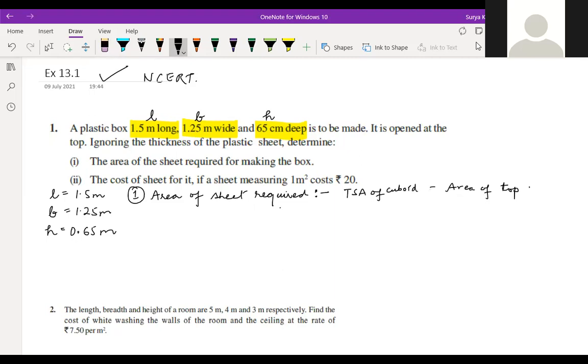TSA of cuboid is 2 into (LB plus BH plus HL) minus area of top, which is length into breadth. So 2 times of length into breadth, 1.5 into 1.25, plus breadth into height, 1.25 into 0.65